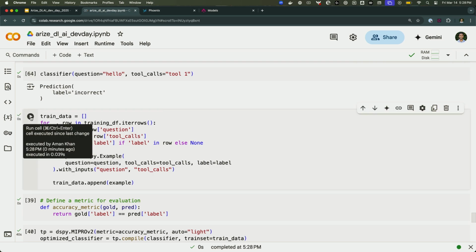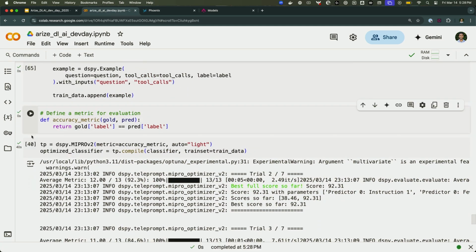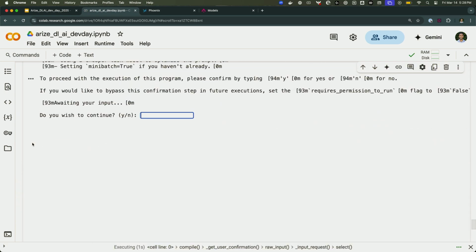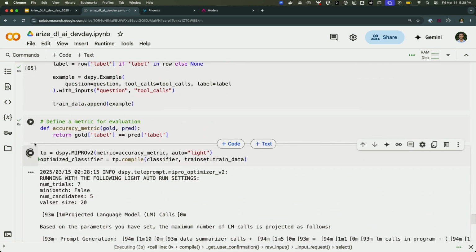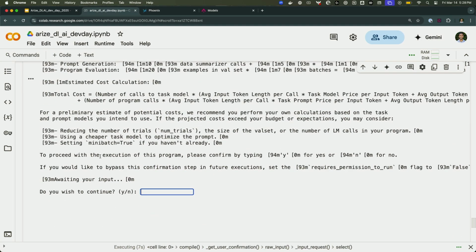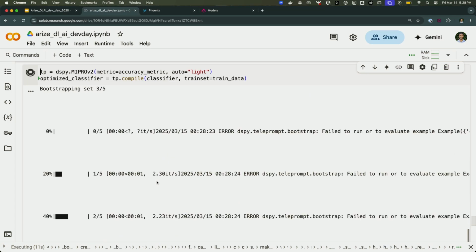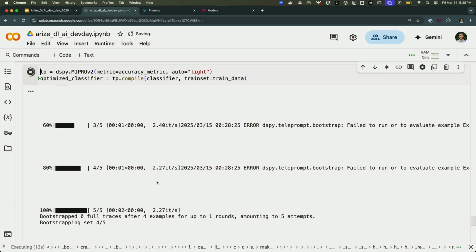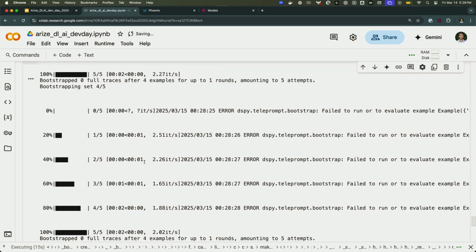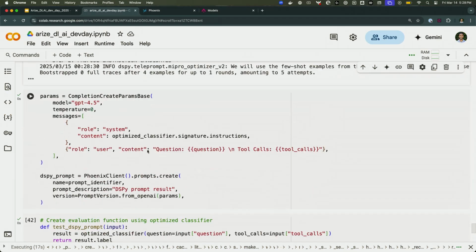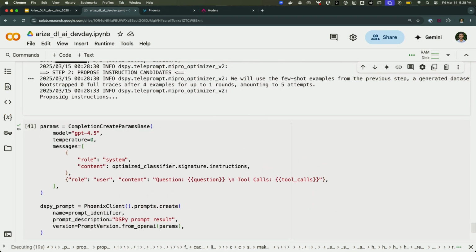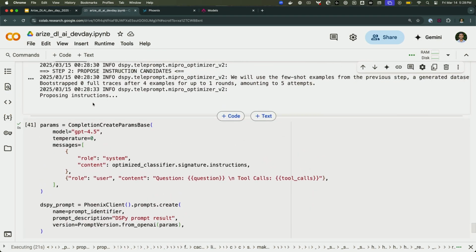When you look at the prompts from DSPy, it's interesting. I should say we're also using MIPRO as the approach here. It'll take that data set and run multiple iterations to write a new prompt. So it's bootstrapping and running the new prompt, and it's proposing instructions. See how it does.